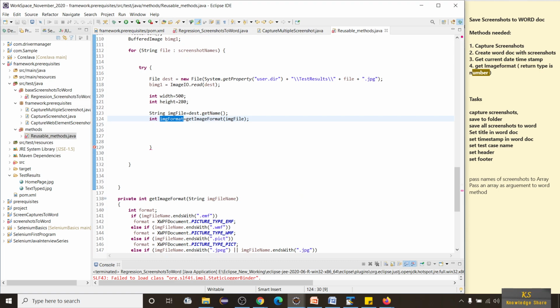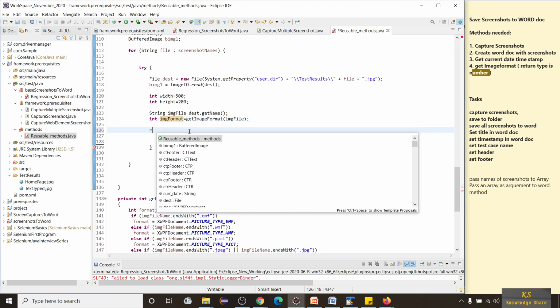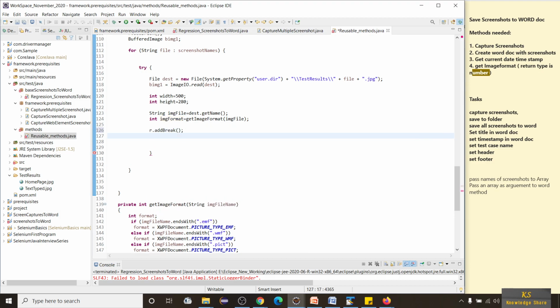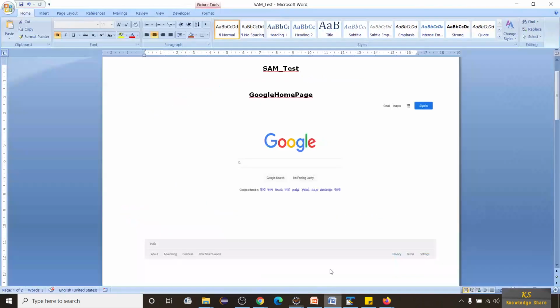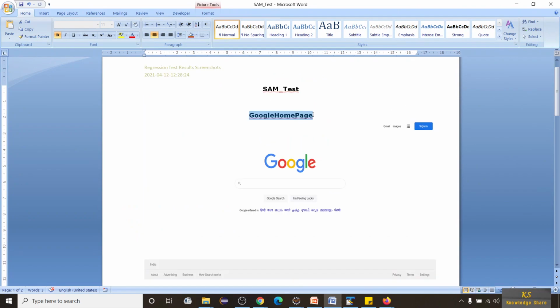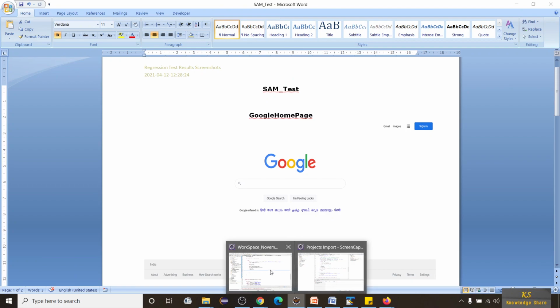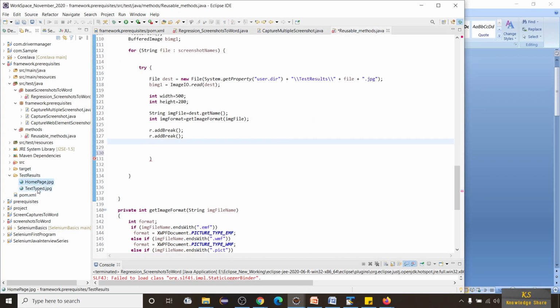Now what we are going to do is call this method. Let us give some breaks here. R dot addBreak, so that images have some spaces between the lines. And I'm going to put the file name or the test case name. For example, we have two files, right? Test results, home page, text type.